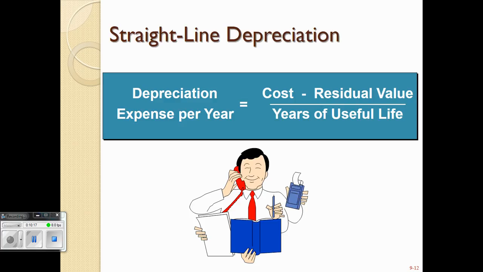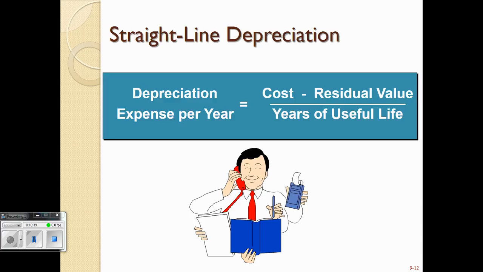Using straight line, and 90 to 95% of all companies use straight line depreciation. For exam purposes, you'll be responsible for straight line. There are other methods. I'm going to talk about one, but there are other methods. To calculate the straight line depreciation expense in a year, we take the cost, we subtract its residual value, and